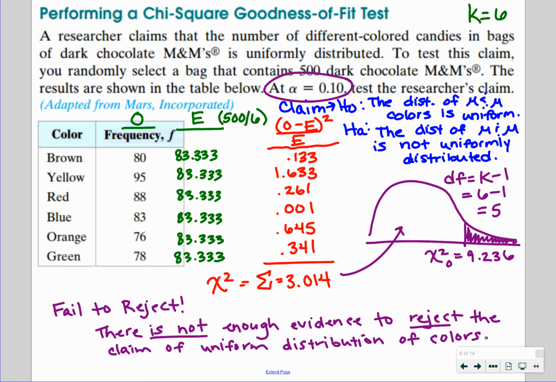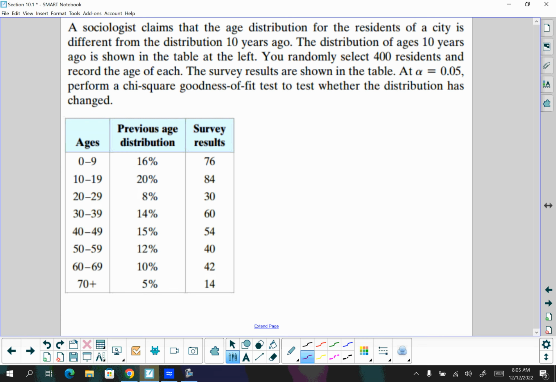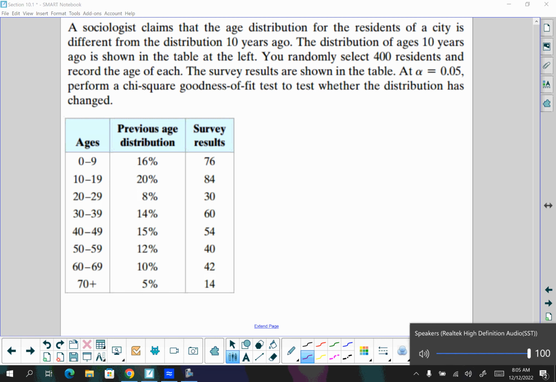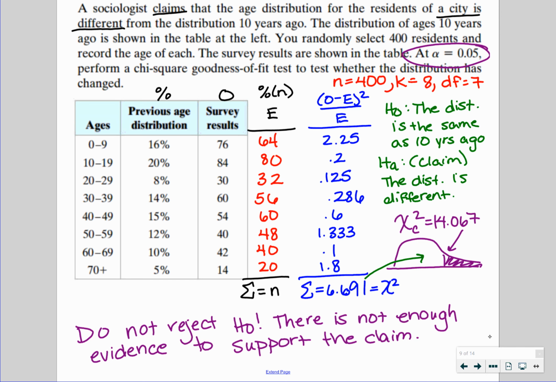Any questions on that? All right, the last problem of the day, and then we won't do anything until tomorrow. We'll get the worksheet in class, and you can do a couple of these for practice. Why don't you guys try this one on your own? I'll give you, I don't know, 5-10 minutes, and we'll put the answer up, and that'll be it. Okay. All right, whenever you're ready,